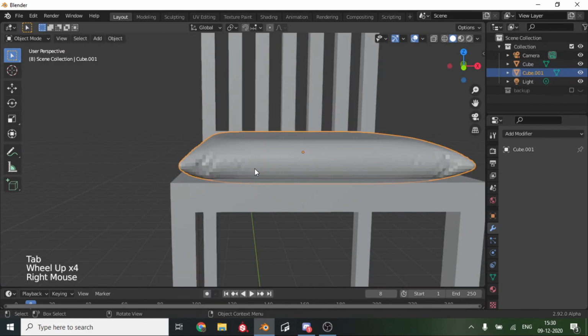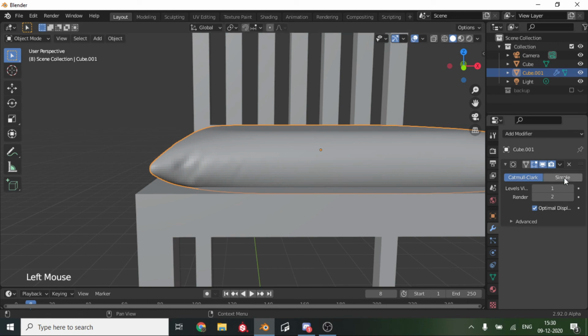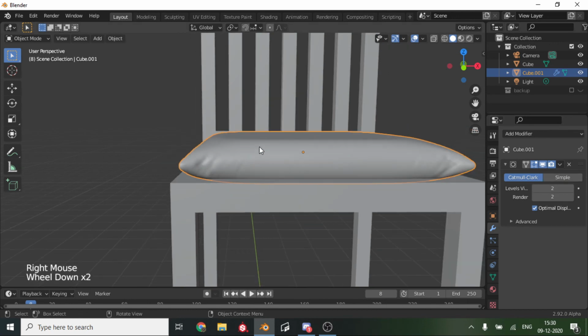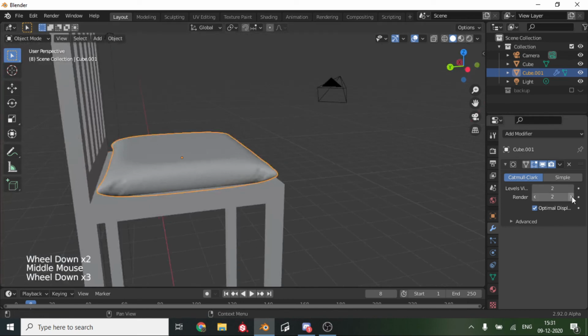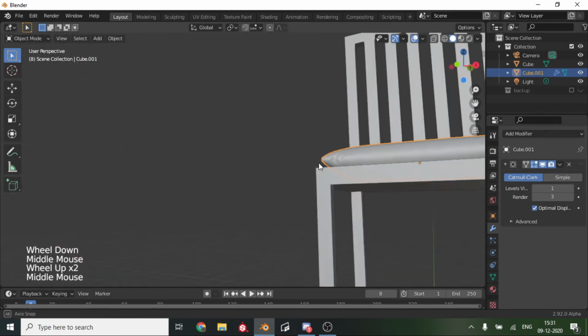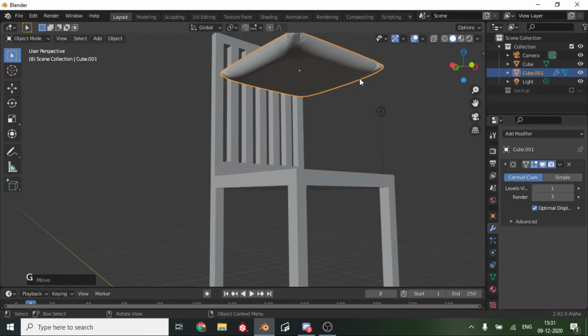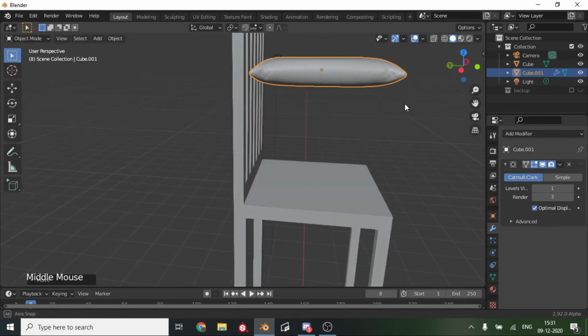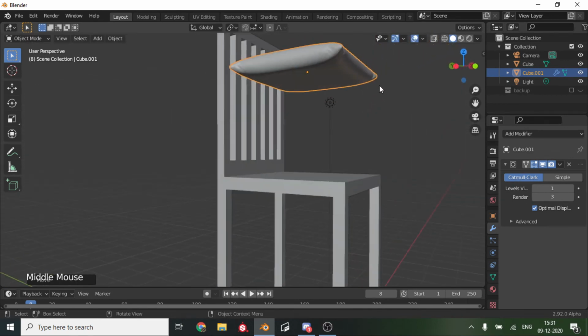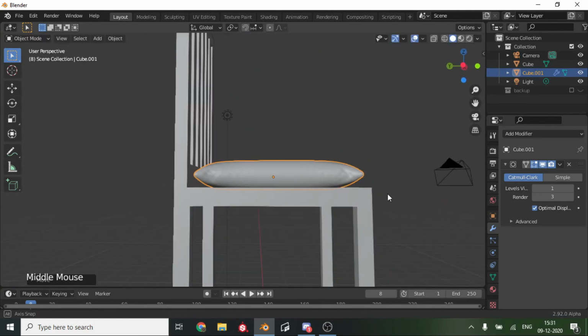If you shade it flat, you can throw in a subdivision surface to make it even smoother. You can keep the viewport low, and render can be as high as 3 or according to your PC. And once we are done with that, we can G and Z to check if the bottom is also flat. So you can basically just grab and bring it back down.